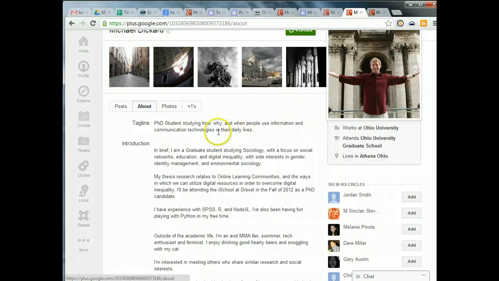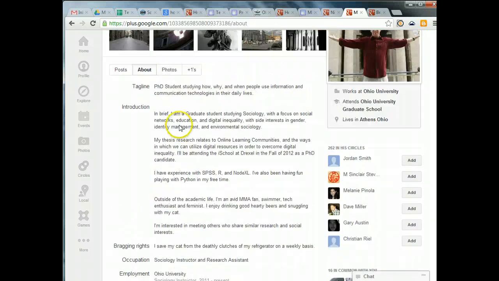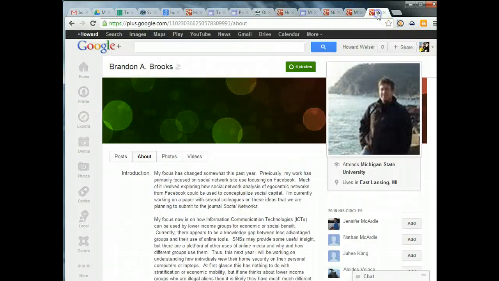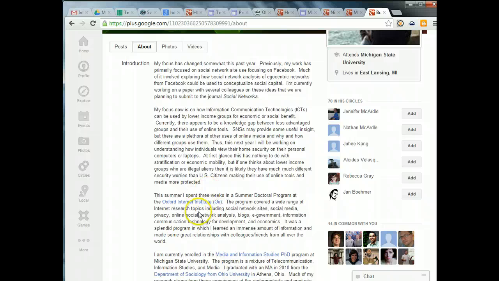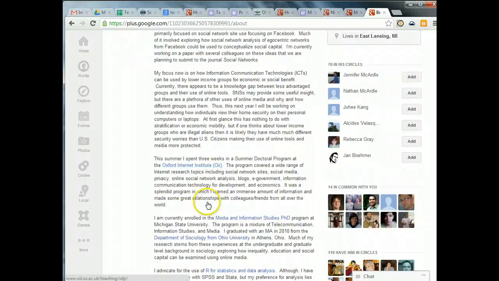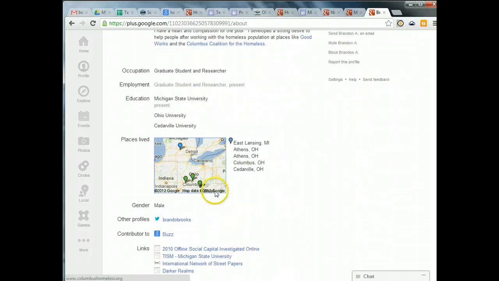He has a good tagline here. It does a good job of expressing what his interests are. So that's a good thing to think about doing. And he's kept it pretty brief, which is probably a good idea. Brandon is a bit more verbose here and a bit more reflective, which is interesting to see. And he also talks about things he's been involved in and where he's at, what he's doing, and some of the research and professional and personal things that he's been involved in,